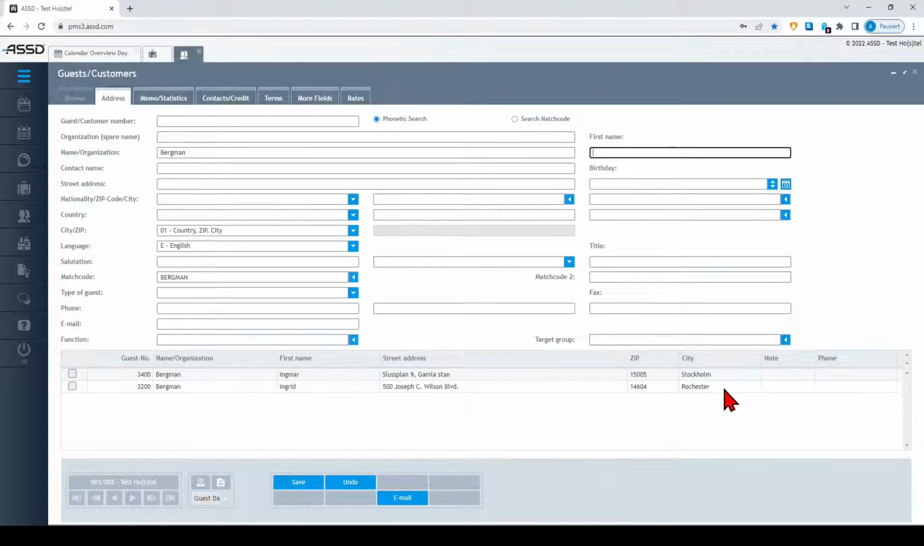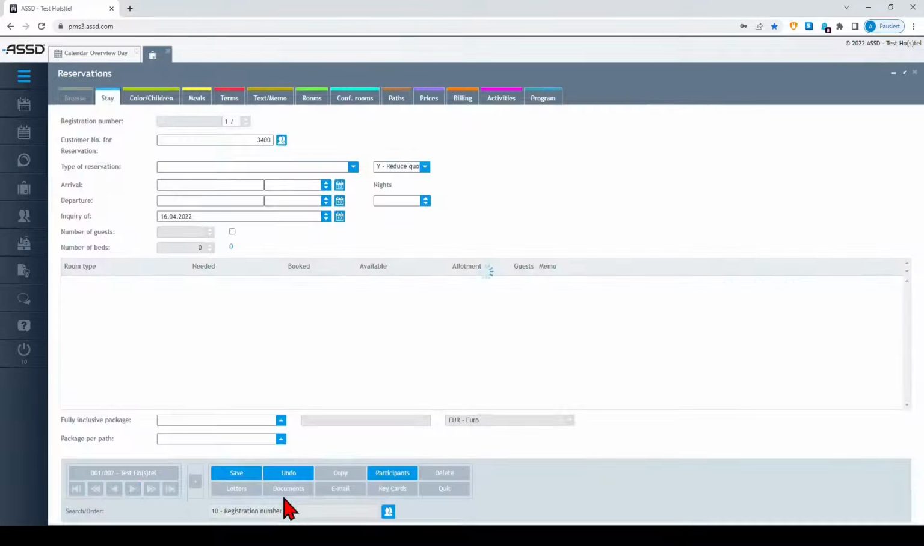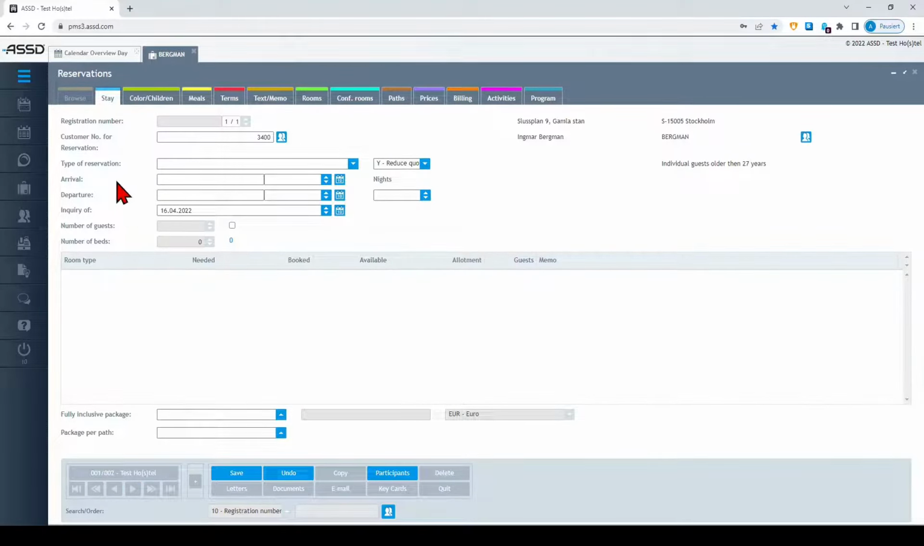If it is a guest who is already stored in the system, we can select the guest by clicking on the checkbox on the left in the lower list and add the guest data to our current reservation by clicking on the button Paste. We now enter the data for the reservation on the tab Stay by selecting the type